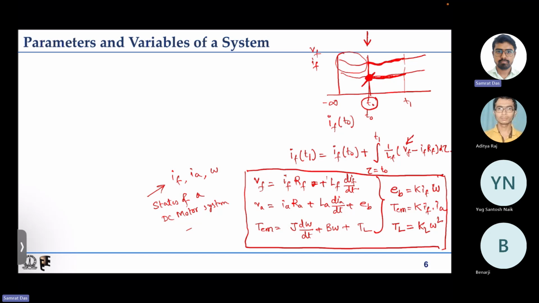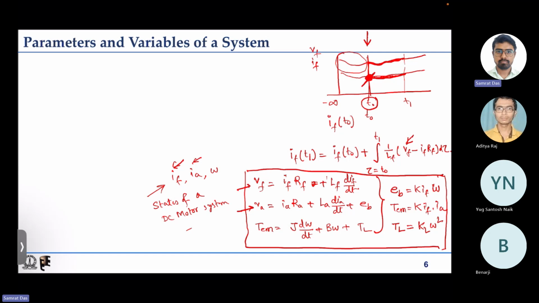So if we know the values of these three variables at any instant of time, and if we know what the field voltages and armature voltages are after that, we'll be able to tell what the field currents, the armature currents, and the speeds are after that instant. So I hope